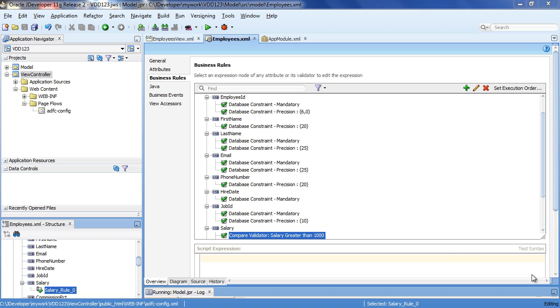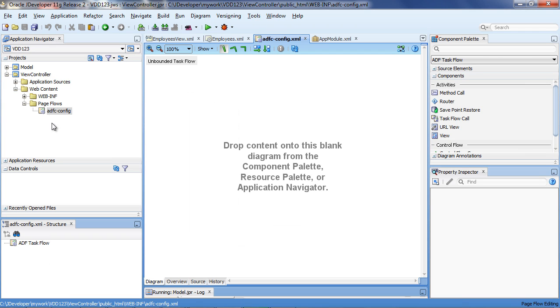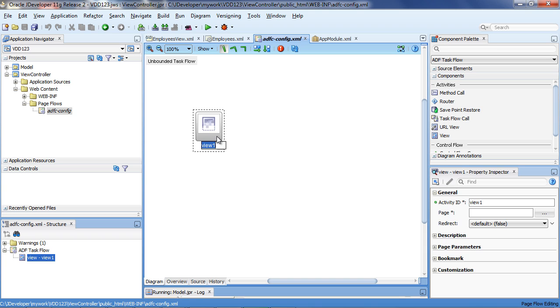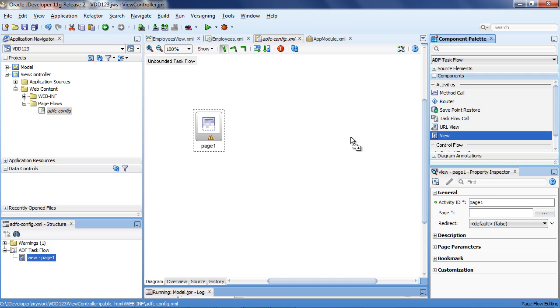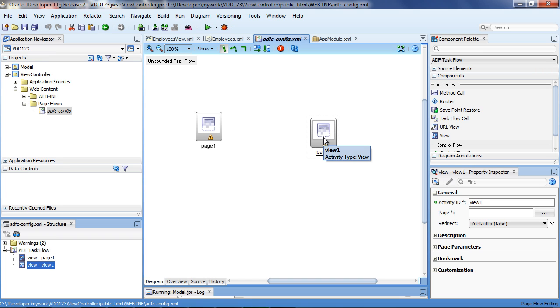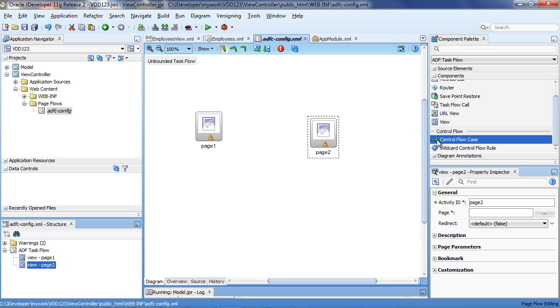So having created the business service in our model project, let's show how we can develop the user interface. Well, in the forms world, you use call form and open form to define your navigation between forms, but it's actually much more simple in ADF. We just create what's called a page flow or a task flow, and here you can actually define the flow of your pages visually.